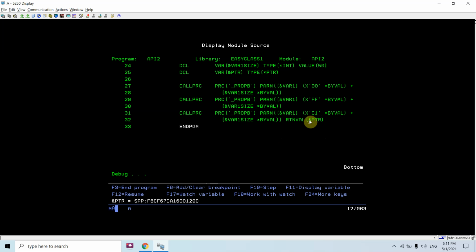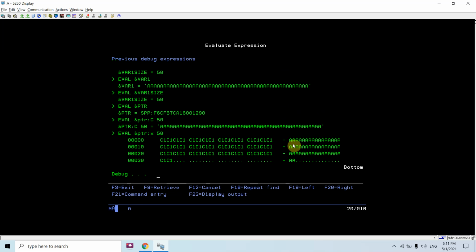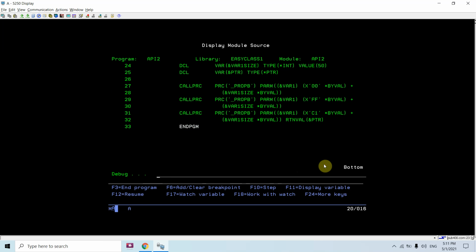So pointer is basically the address of the var1 target string. Now if I want to see the value, eval ptr colon c50, I'll see all a here. And if I see the hex value at this pointer variable, I'll see c1 c1 c1 c1 at all places. So that's what I wanted to show here.